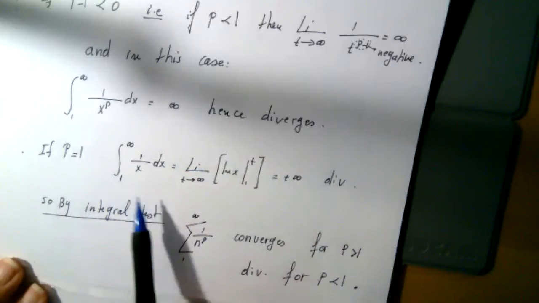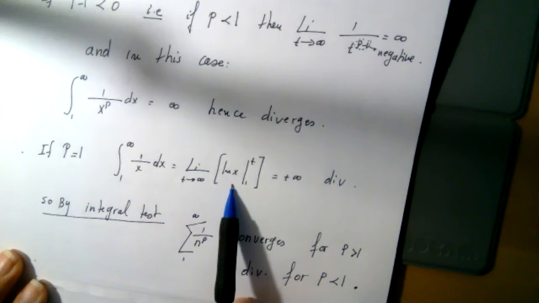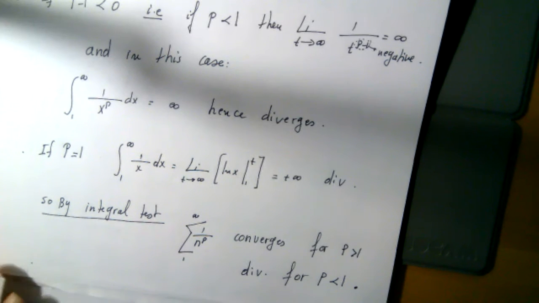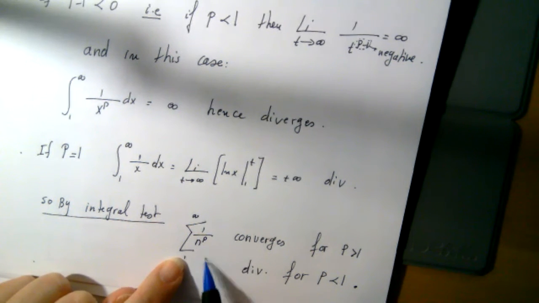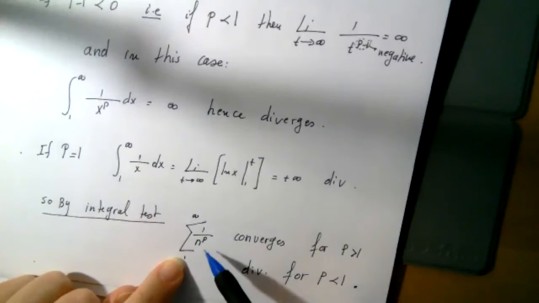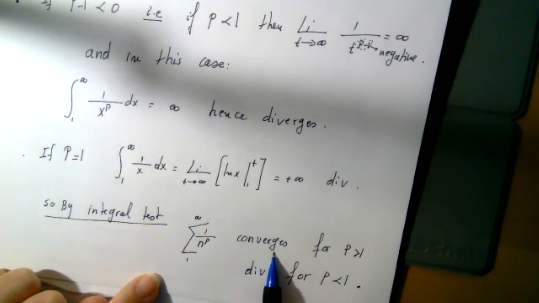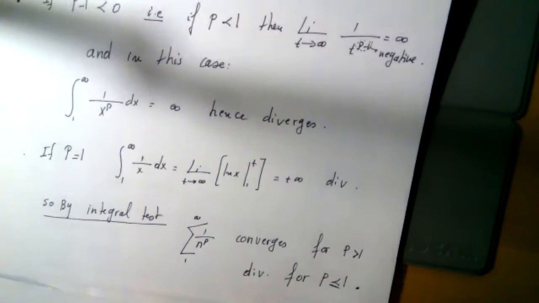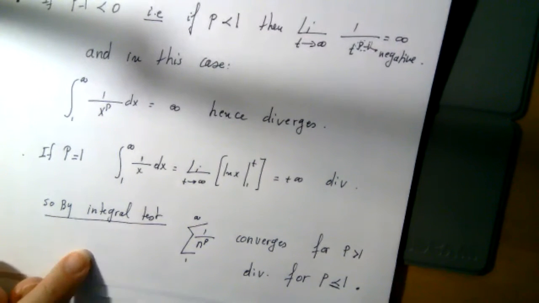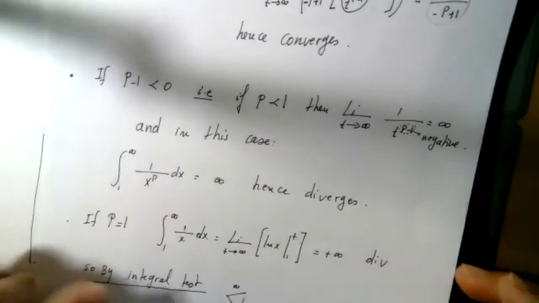And if p is equal to 1, the integral of 1 over x is just the limit of ln of x, which is plus infinity. So by the integral test, the behavior of the series depends on the integral. But the integral has two cases. When p is bigger than 1, it converges. When p is less or equal to 1, I should add equal here, then it automatically diverges. So the p series, which is a series of the form sigma 1 over n to the p,